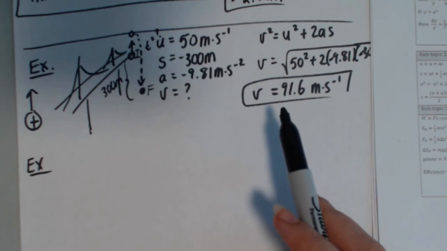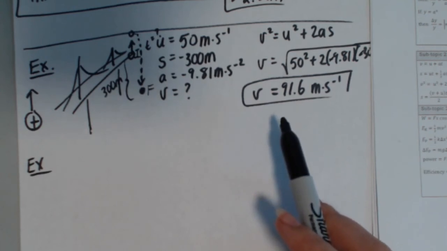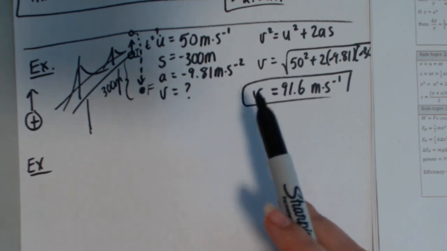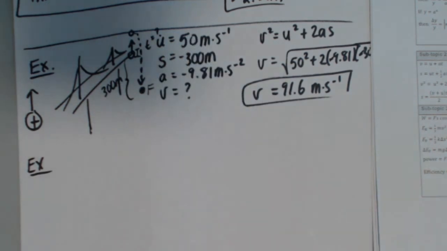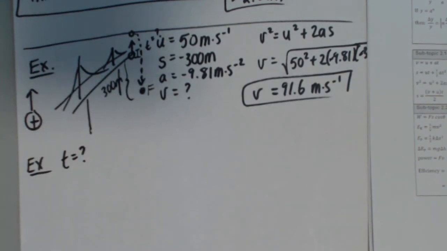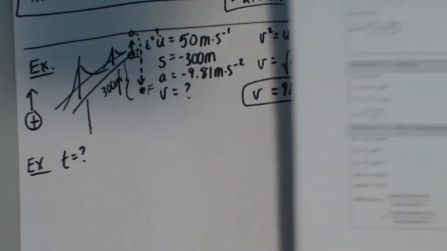And although usually I don't recommend doing this, in this case, it probably is in your better interest. You can use the V value along with a combination of these other pieces to find time, just because this way you won't have to solve a quadratic. So we have U, S, A, V and we have to find T. So we can just use the first formula there. V equals U